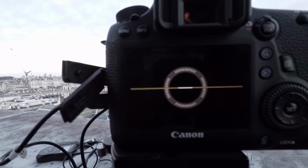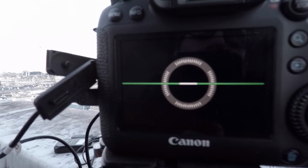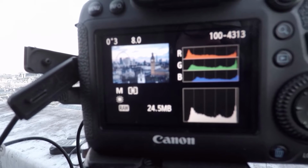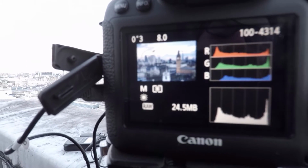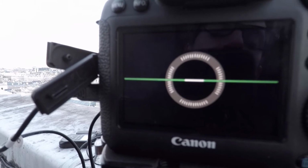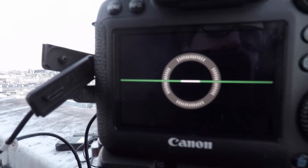Okay, so just to give you a rough idea of what I'm doing here, you can see the view on the back of my camera, and I wait until the histogram starts going across to the left before I change my exposure by a third of a stop. Once I see the histogram move and I change it by a third of a stop, I wait until the exposure gets to 1 second, and then I take it from,